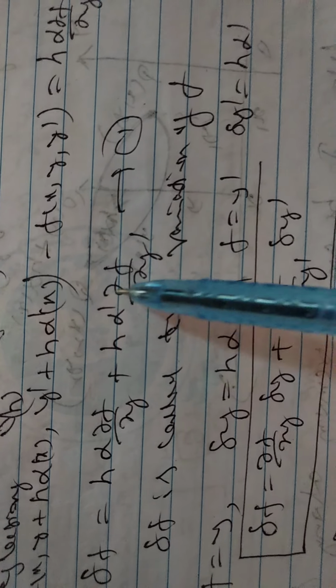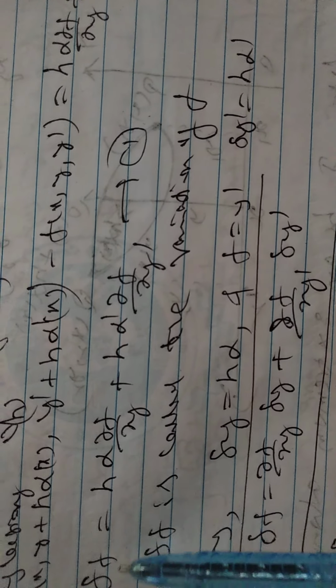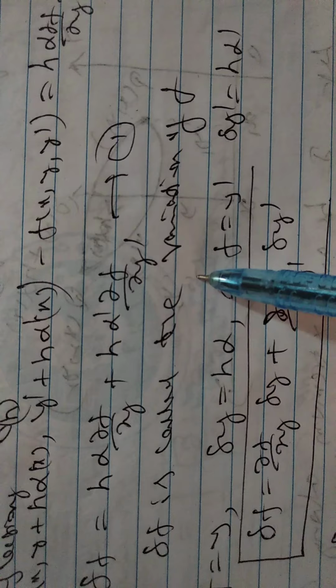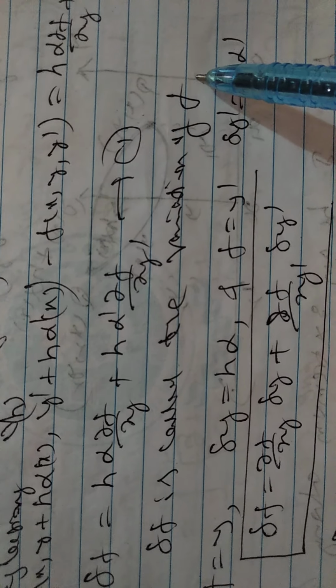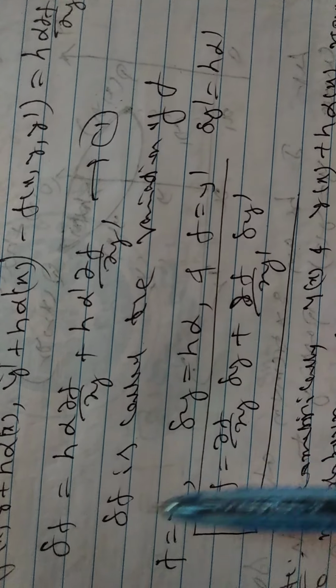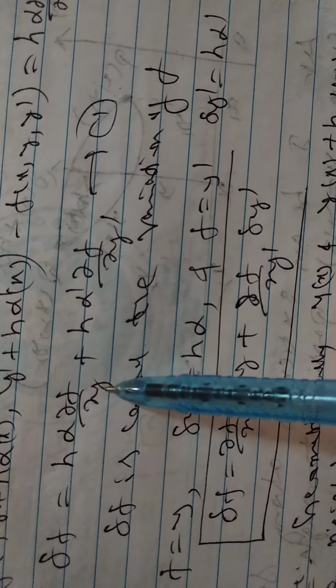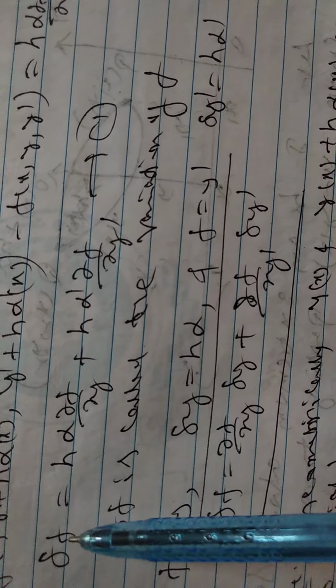So this can be written as delta f is equal to h alpha dou f by dou y plus h alpha dash dou f by dou y dash. You call this equation 1. This delta f is called the variation of f. Variation means changes, that is, the two functional values change. Now in equation 1, take f is equal to y. What happens? Delta y is equal to dou y by dou y, which becomes 1. That means delta y is equal to h into alpha.